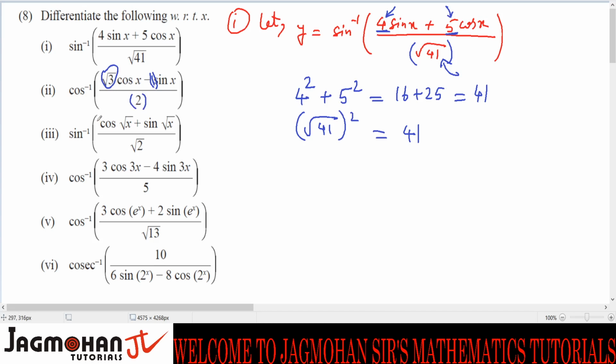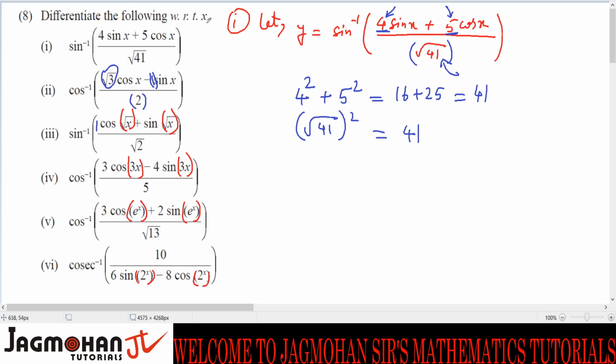Same thing you have here. Forget about the angle of cos. It could be root x. Like here you have the angle as root x, and here you have sine root x again. Then here the angle has changed to 3x. The angle here is e raised to x. See, the angle here is 2 raised to x. You don't have to worry about the angle.